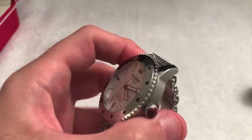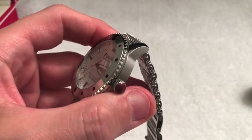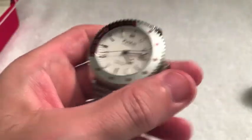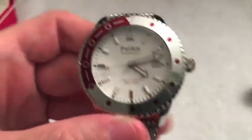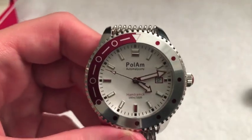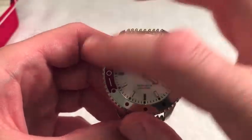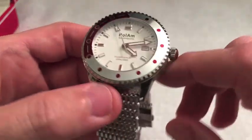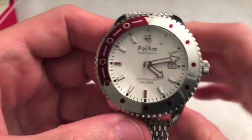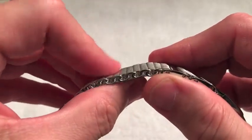And let me give you some vital statistics. I have them written down right there. As I said, this is called the Hamtramck, whatever. I think that's where they used to build cars at one point. I think they're AMC cars, but I could be wrong about that. We have a 46 millimeter diameter with a case made out of 316L stainless with the aforementioned shark mesh bracelet, which feels real nice on the